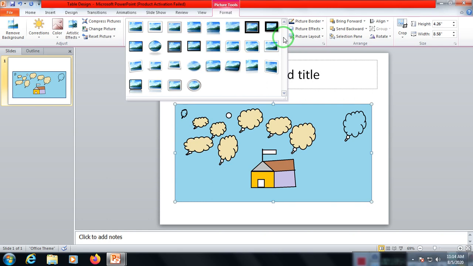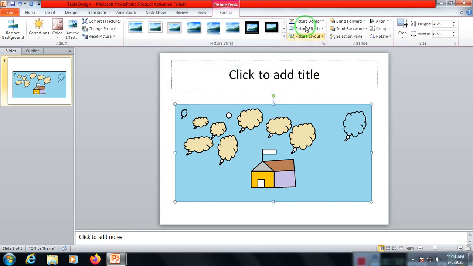And if suppose we are not satisfied with the provided preset, that means the options already available, if we are not satisfied with these options, then we can customize these options by using picture border, picture effects and picture layout, okay. And then we can group, we can align all these pictures, and we can rotate all these pictures by using the arrange option. And the size option is used to give sizes for pictures.